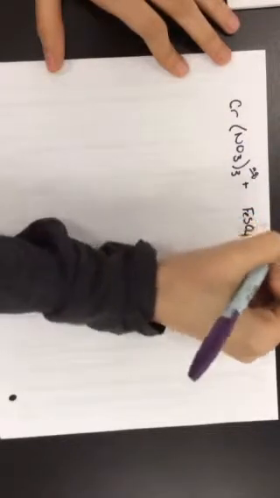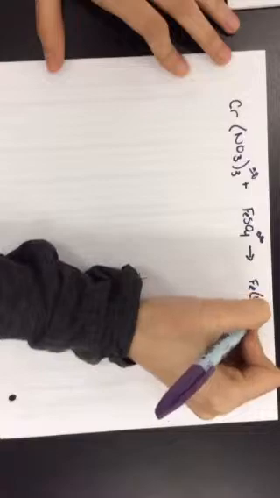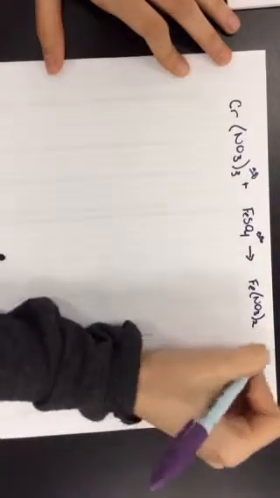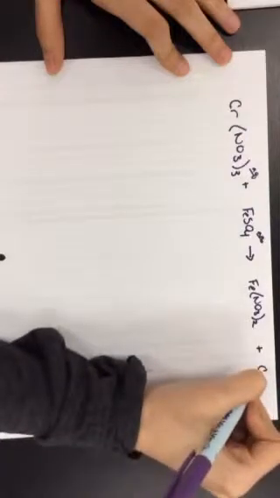Okay, so I'm going to look at CrNO3, and this is aqueous, forgot to write it in, plus FeSO4, also aqueous, yields FeNO3 2 plus Cr2SO4 3. Now, something I haven't gone through in the video is how to determine which of these products is